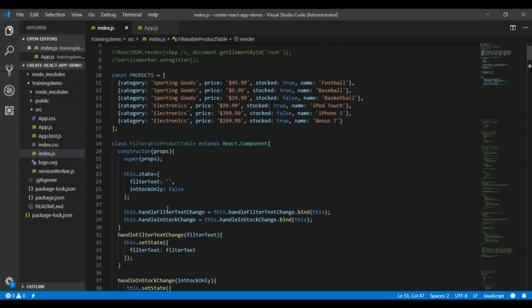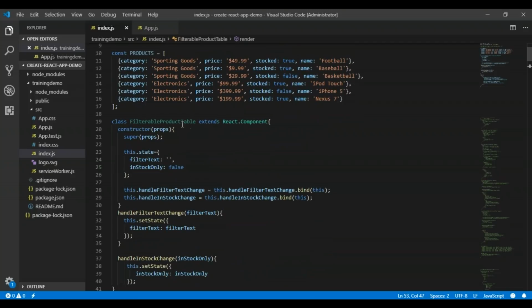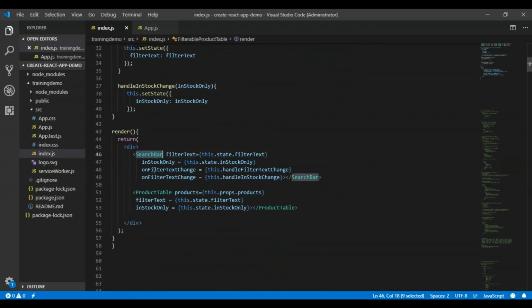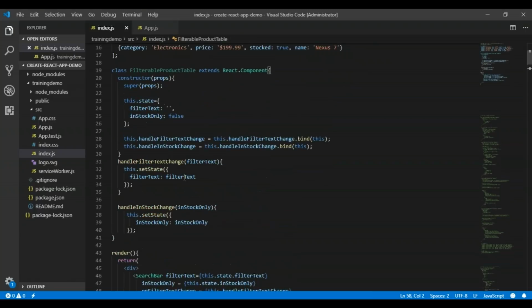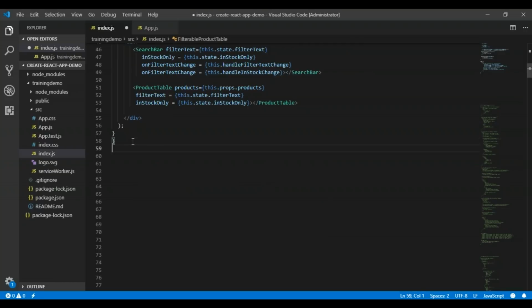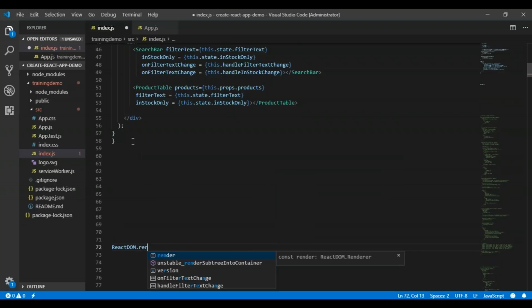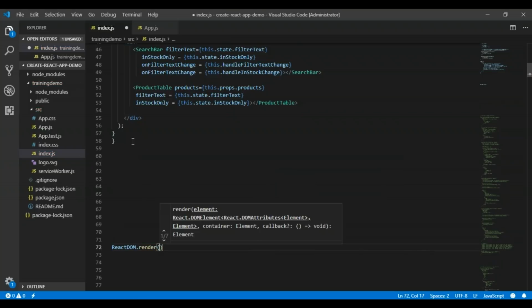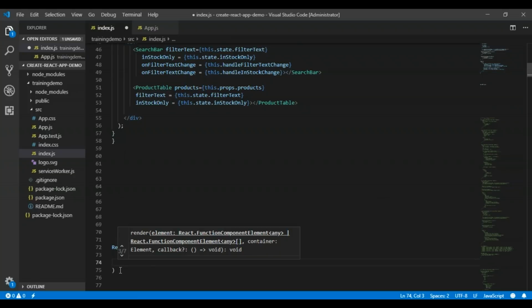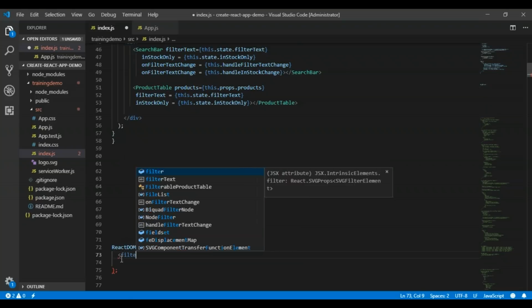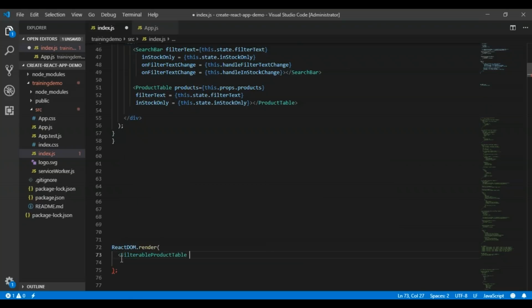Now as you can see how we are modularizing this particular code. First of all, we are calling this filterable product table. In this filterable product table, this is the main component, we are calling 2 subcomponents, which are the search bar and the product table. So this is the main component, and let's define the main calling, that is ReactDOM.render. In this ReactDOM.render, what are we going to say? We are going to call the parent component. What is the name of my parent component? It's filterable product table. I am going to call it on a prop.